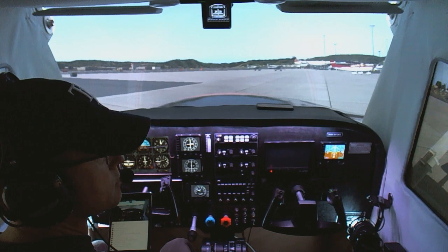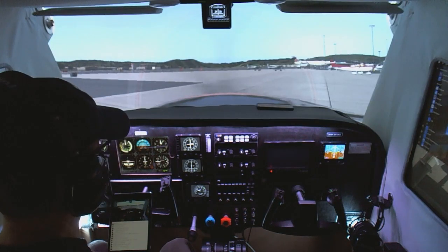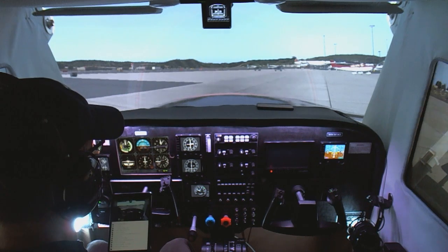Let's see if there's anything else here I can shut down in Windows. Let's close Explorer. And hopefully that didn't kill the stream, didn't it? Boy, it's running fine now. Look at that. Now I go back into the... But once I get back into X-Plane...